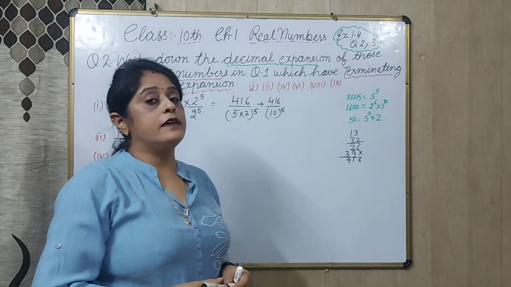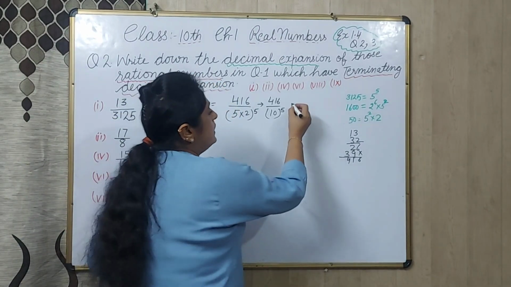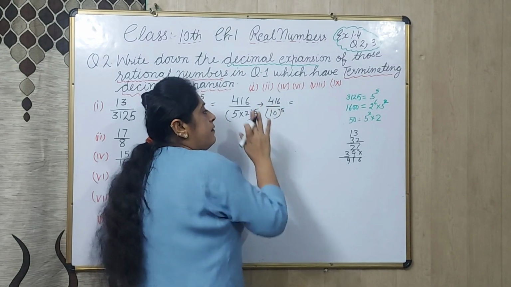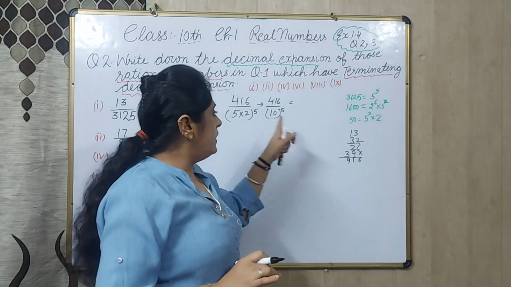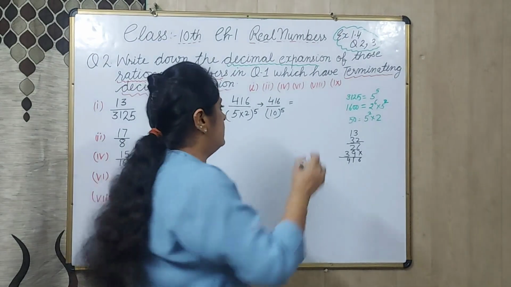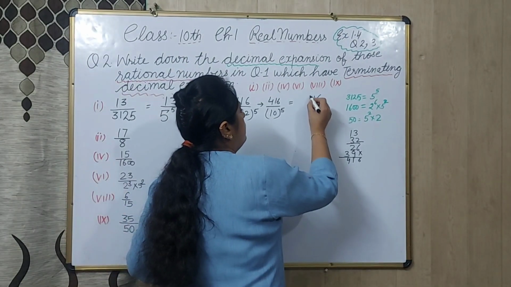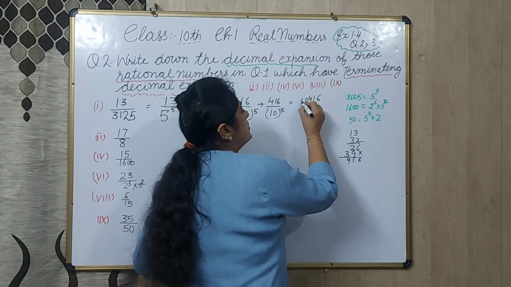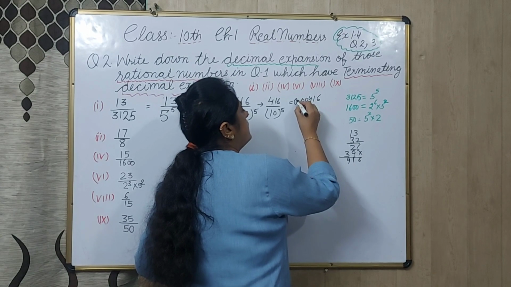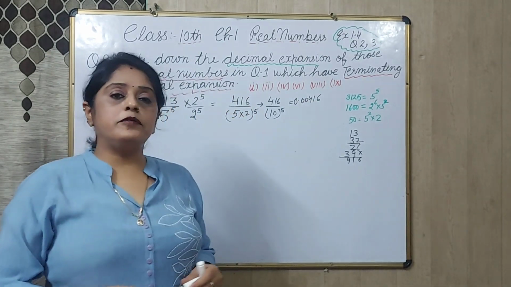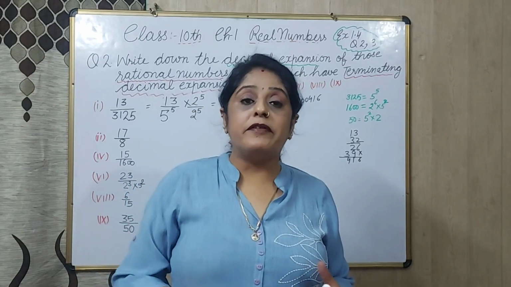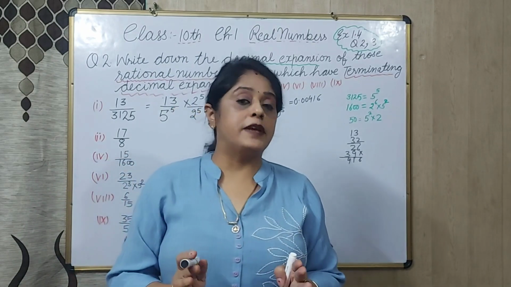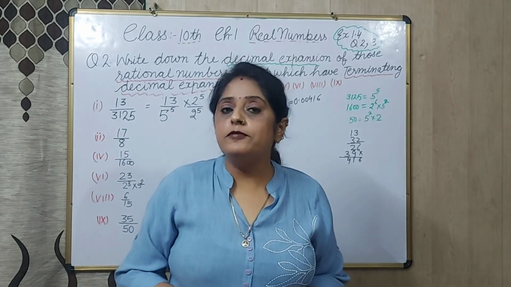Now we will easily convert into decimal. You know how to convert into decimal? We will count the digits from the back, 5 digits we will count, and then we put the point. 4, 1, 6 are 3 digits, but we have to take 10 power 5. So 0, 0 and point, and you will write 0. Every time you do not have to multiply 5 power 5 or 2 power 5. It depends on the question, because we make the pair of 10.